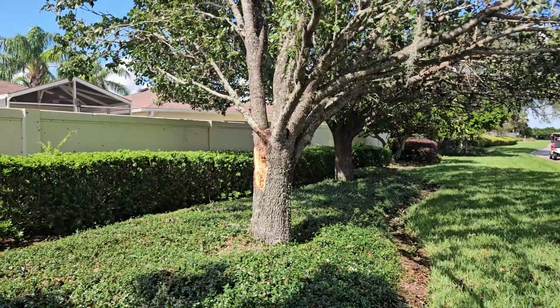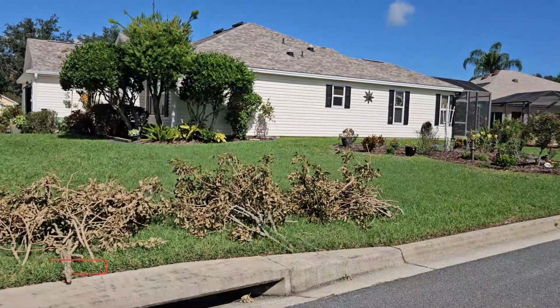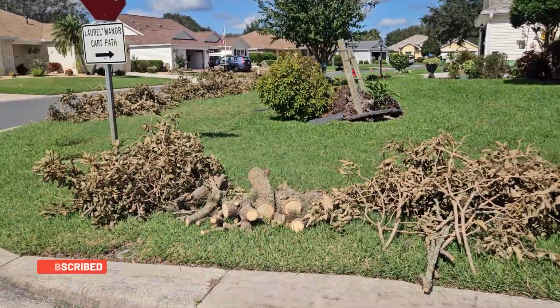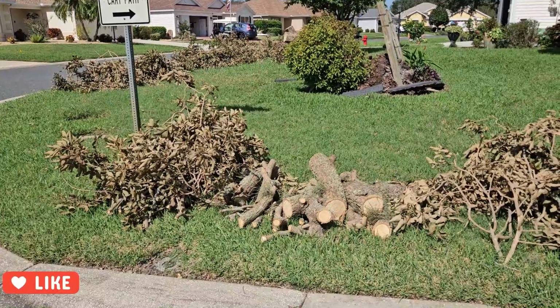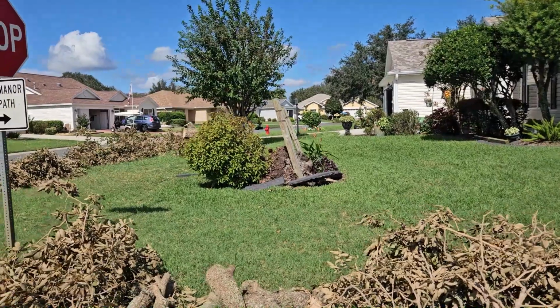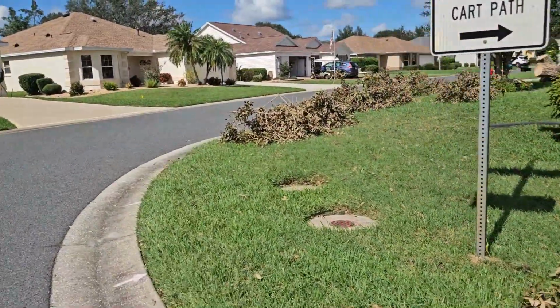There are some more remnants of Hurricane Milton. Here we are, friends, in the village of Winifred, and you can see there are still remnants of Hurricane Milton. This neighbor had a tree blow over. That's the tree stump there. All of this debris,